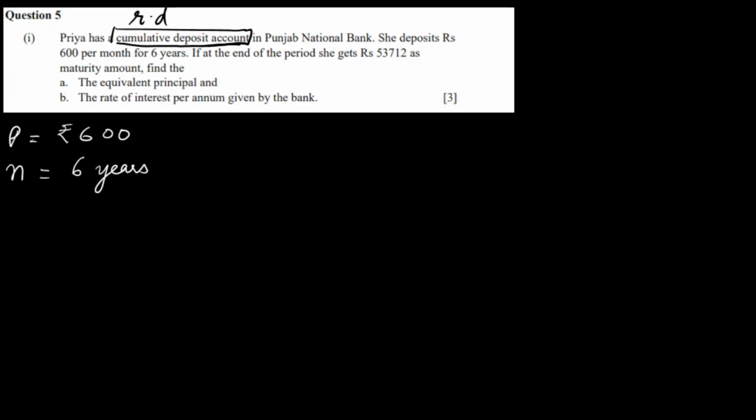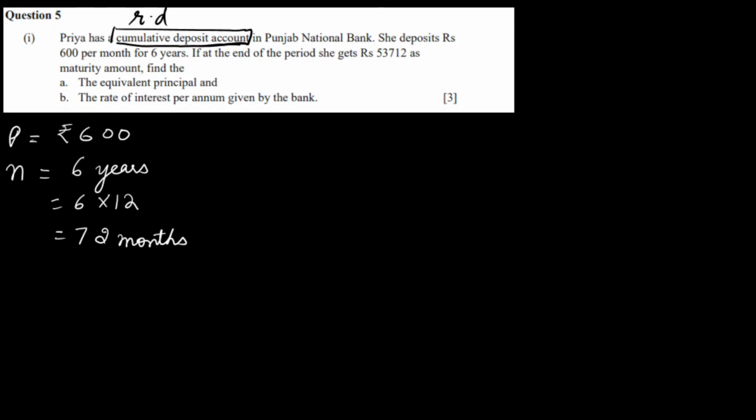Because we have to convert, 72 months. Yes, so we can find it 6 into 12 because 1 year has 12 months. So this is equals to 72. So 6 years is equals to 72 months. Time period always should be in months. Then